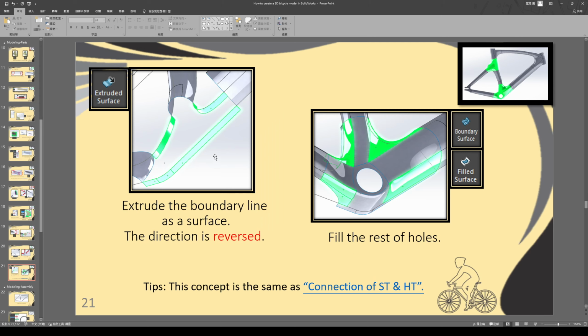This concept is the same as the head tube. We can create a boundary first and fill the blank area. Make sure the direction is reversed.